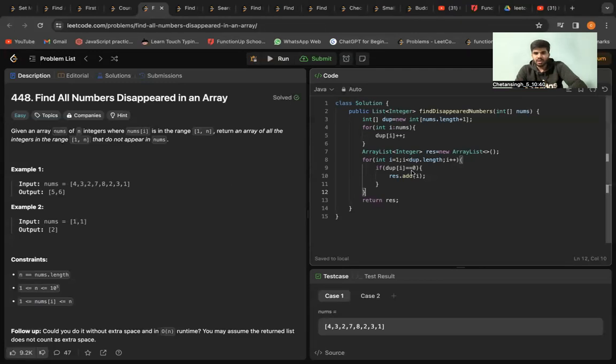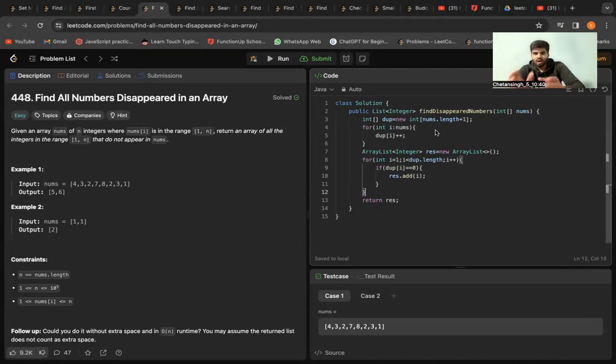For this, first I have made a dup array of int type whose length is nums.length plus 1, because I'm first counting the frequency of the elements. To store the frequency, I have taken the dup array.